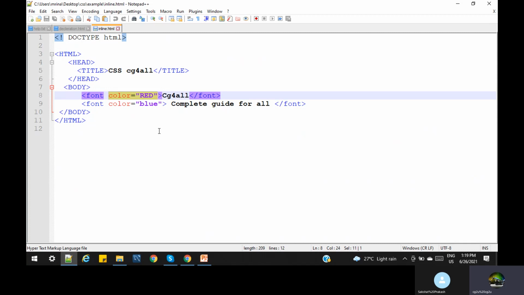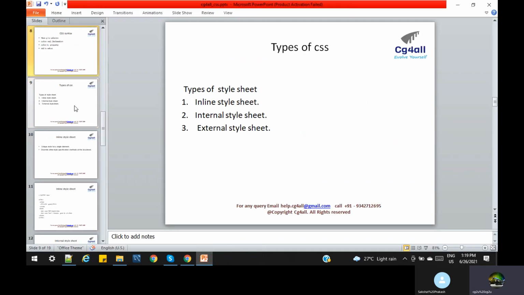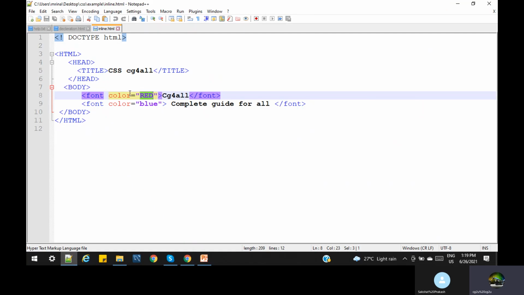But let us consider it an attribute which has a name and value. Here we understand the declaration: property and value. What is the color property and value? So inline CSS basically has only this property and value.